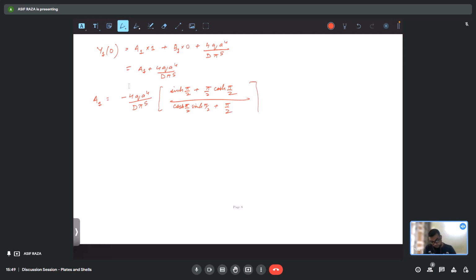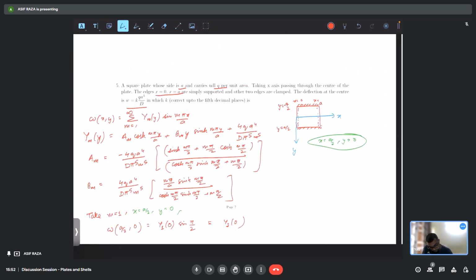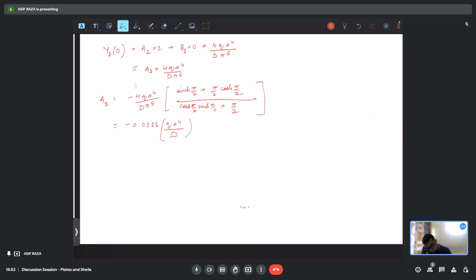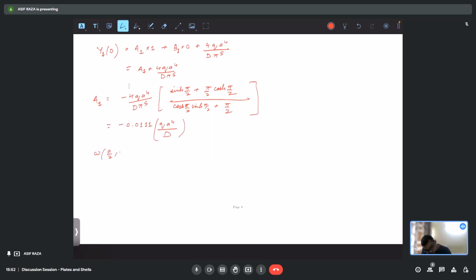Okay, so cos h common, make it as minus 0.011 q a to the power 4 by D. This gives w at (a by 2, 0) as minus 0.011 q a to the power 4 by D